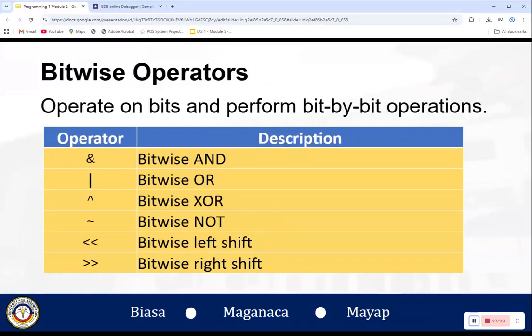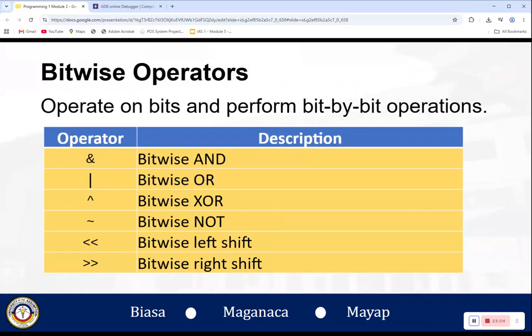Notice here that bitwise AND and bitwise OR only use single symbols, not doubles, unlike the previous operators we have discussed. They compare individual bits column by column.